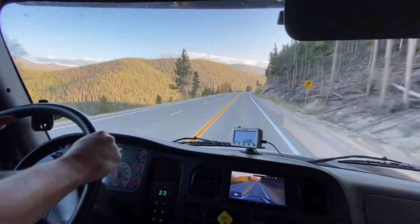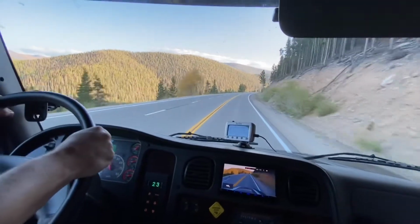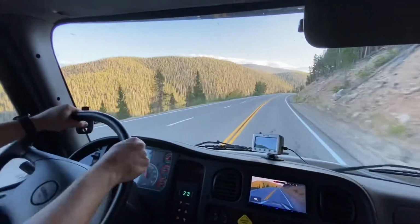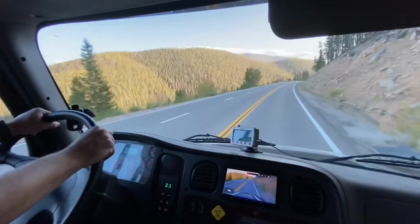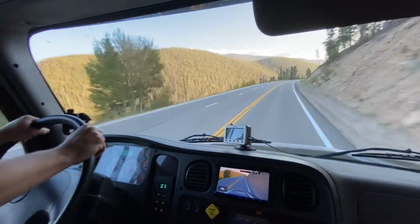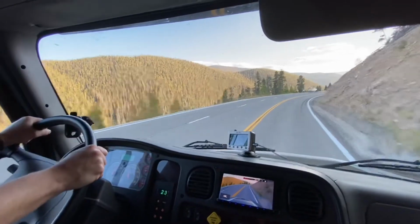I usually judge how bad the passes are by how many runaway truck ramps. So if they actually have a runaway truck ramp, you know that's probably an issue. One of our tires is just slightly low in the Jeep, so that keeps going off. It's not bad. It's on the lower end of normal, but...